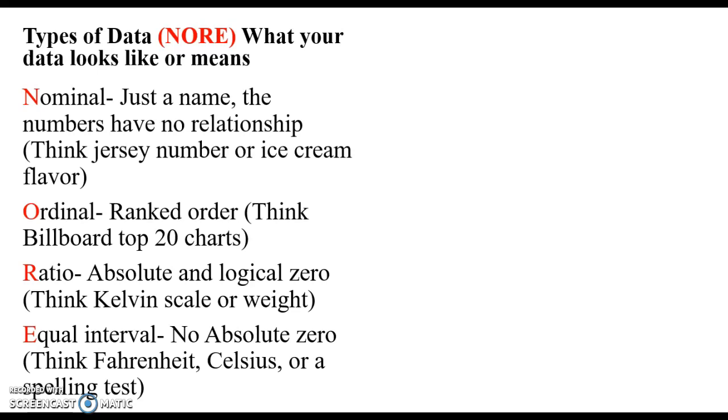On the other hand, equal interval means no absolute zero. So Fahrenheit and Celsius, that 0 is arbitrary. There is still heat and molecular movement at both 0 Fahrenheit and 0 Celsius. You can also use the example of a spelling test, because if you get a 0 on a spelling test, you don't have 0 spelling skills. You just don't have spelling skills in that particular set of words, and you might even know how to spell